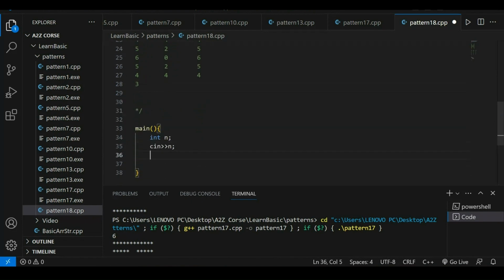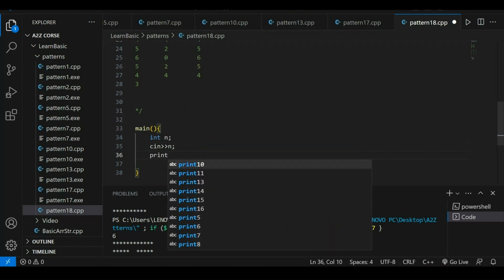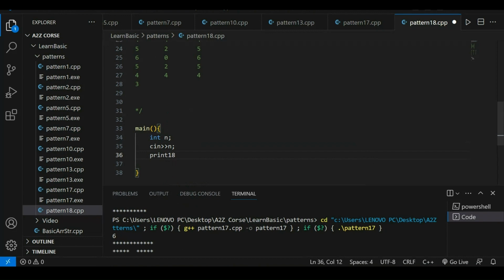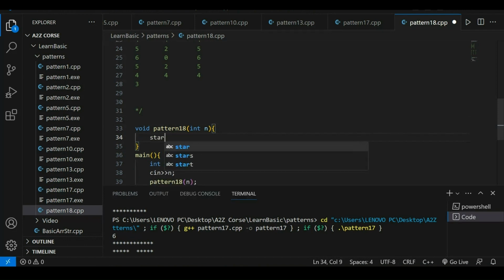So let's do it, how we do it. Let's make the approach with written work, it's the 18th pattern question. We make a void pattern18 with int n, and we can take the stars, and star equals to,